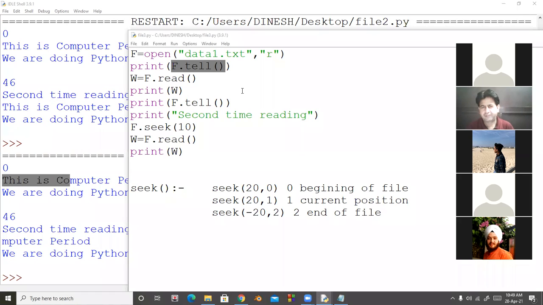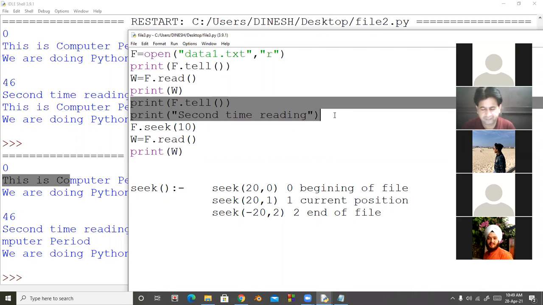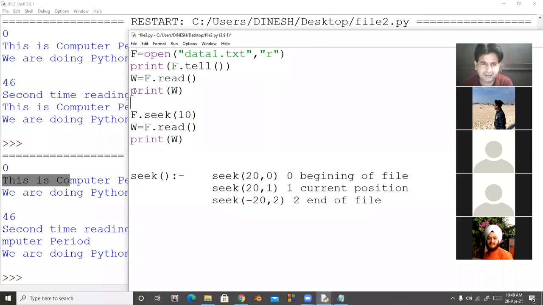टेल फंक्शन में, tell us the current location. जैसे हमने फाइल ओपन की, हमने कुछ रीड नहीं किया, तो टेल फंक्शन हमें बता रहा है 0, indicate that it is beginning of the file. अब suppose हमने फाइल को रीड कर लिया और टेल फंक्शन लगाया, तो टेल फंक्शन हमें बताएगा end of the file that is 46. So here what I am doing, now I am not displaying the data, I'm just reading the data.